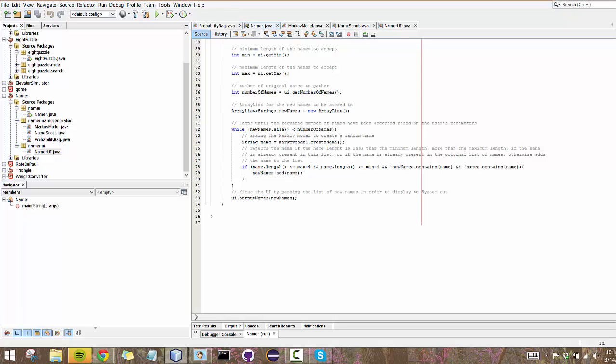looping through, and as long as the new names size is less than the number of names that the user has selected to have output, then it's going to ask the Markov model to create another name. And then it's going to check that name for its length and to make sure it's new, and then it will add it to the new names list if it is. Next, we'll look at the UI